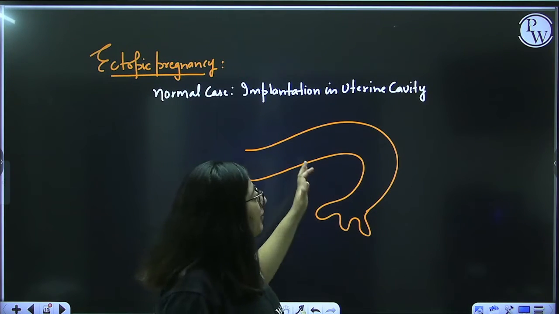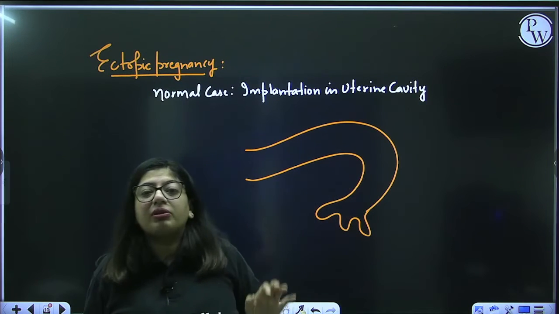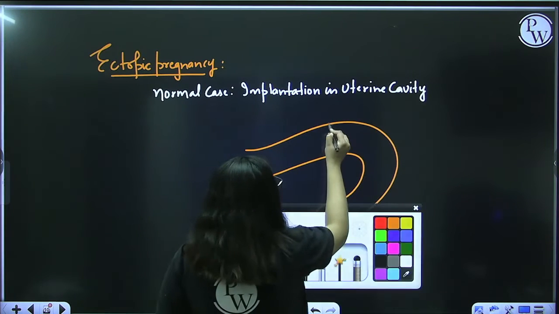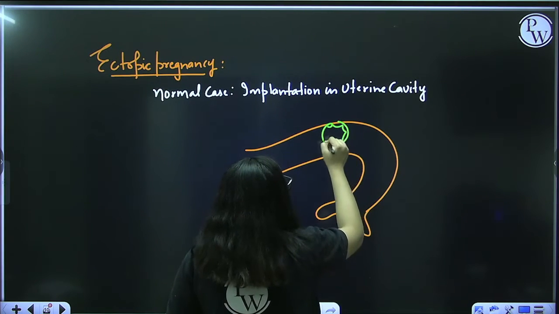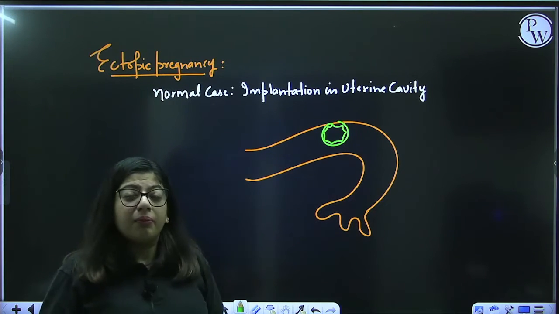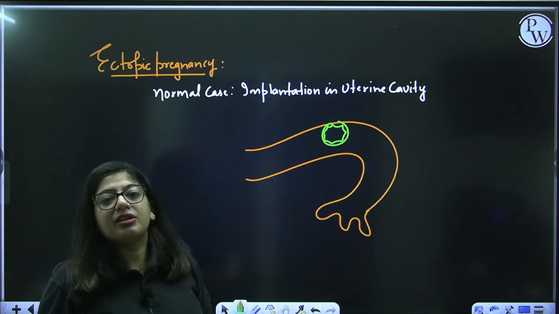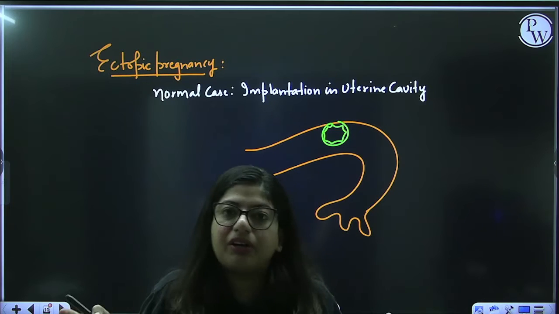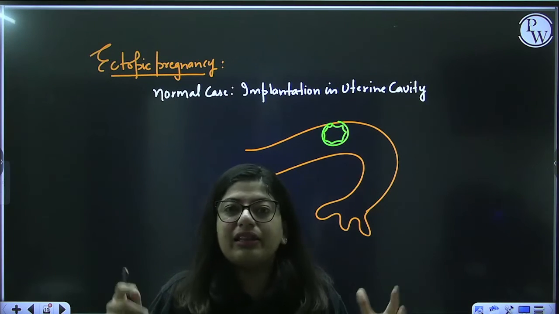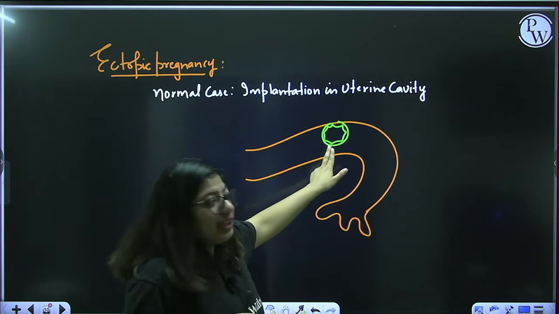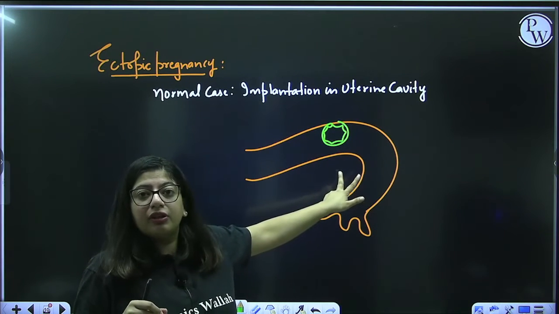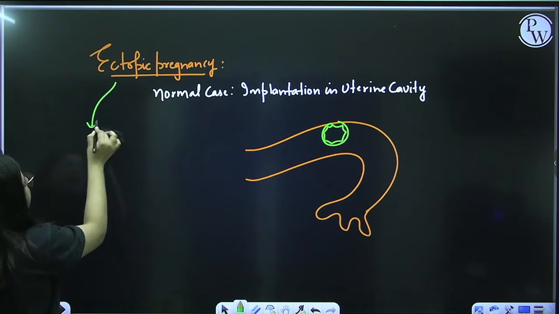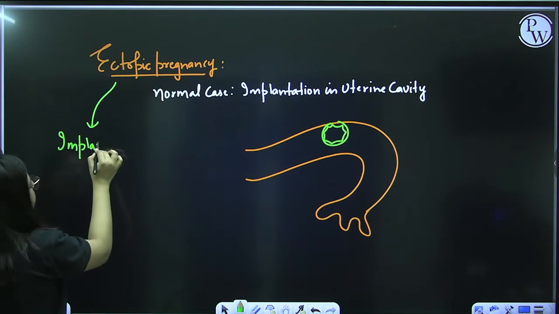All the divisions will take place in the fallopian tube, 32 cell stage will form in the fallopian tube, and implantation will take place in the fallopian tube. Imagine the implantation has taken place in the fallopian tube only. Now you will say, ma'am, what's the problem? Because uterus has that capability to take the gestation, because when the baby will increase, uterine cavity will increase. It has myometrium, it can expand, it can form healthy placenta. But when the embryo will keep on increasing in fallopian tube, the fallopian tube will burst and a female can die. So ectopic pregnancy is a pregnancy where implantation